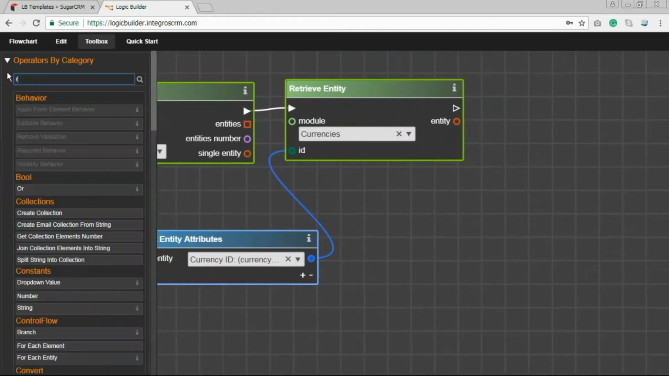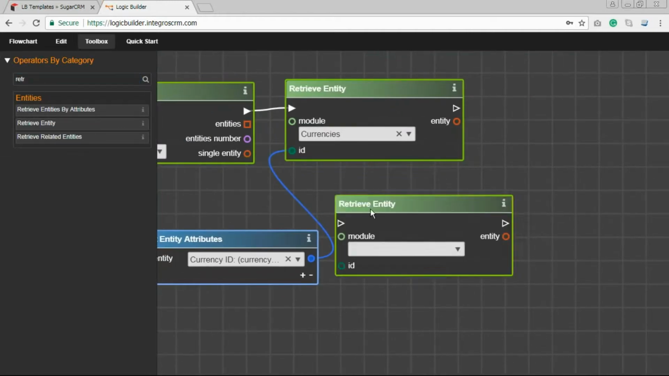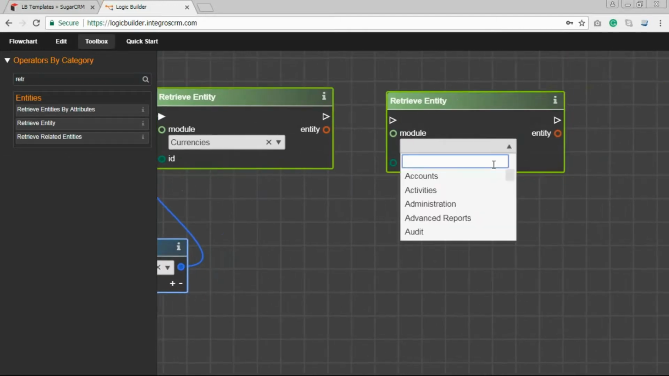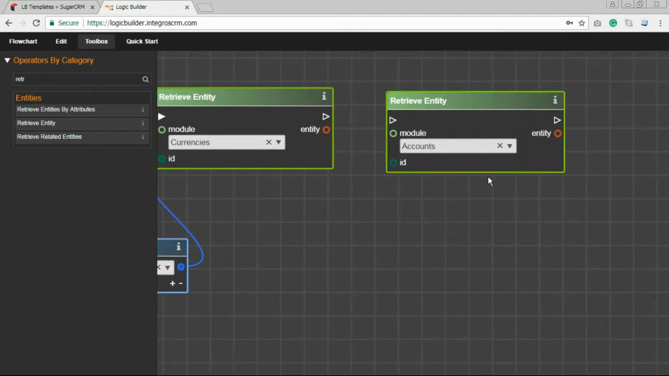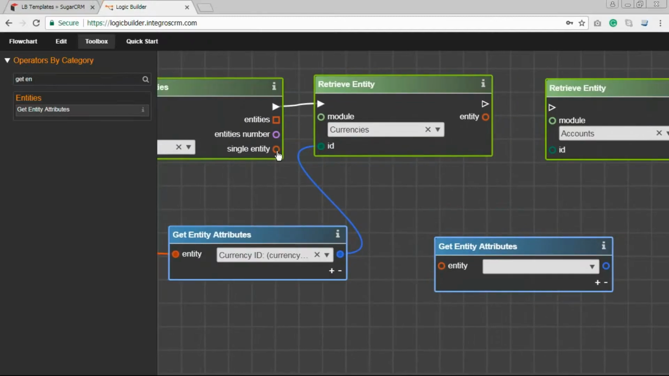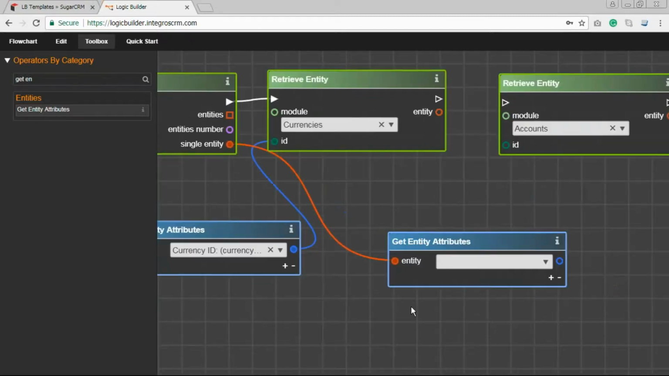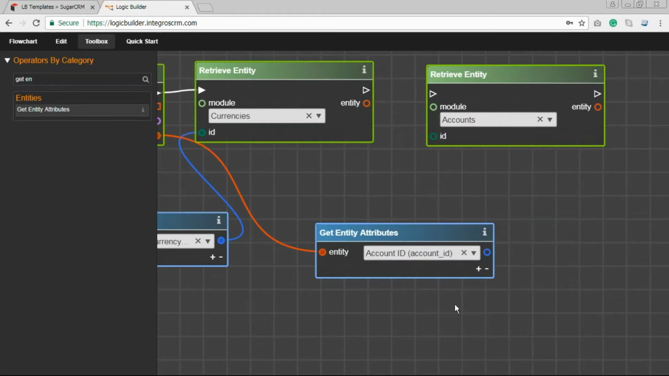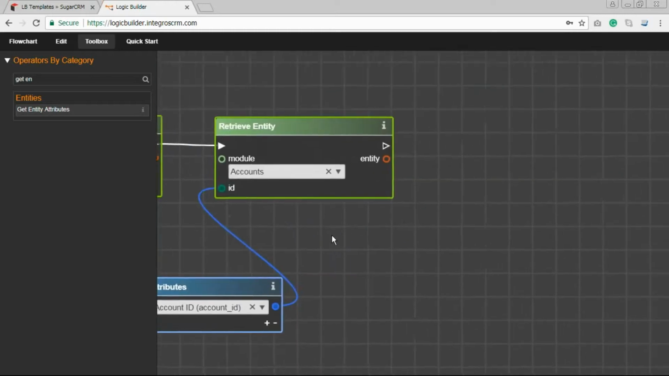In the same way, let's receive an account. We use the retrieve entity operator. In this operator, we choose the module that we are looking for, its accounts, and we need to define an ID. Again, we will use get entity attributes, and let's get the account from the opportunity. So we put opportunity here, and we are looking for account ID, and put it in the ID input port, and connect our operators. So now we are ready to start